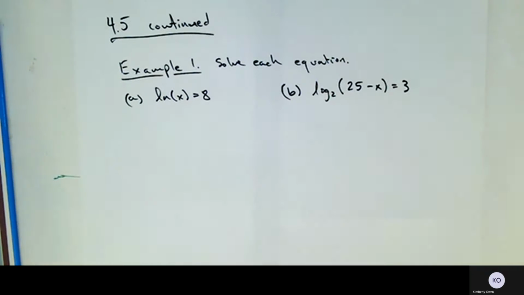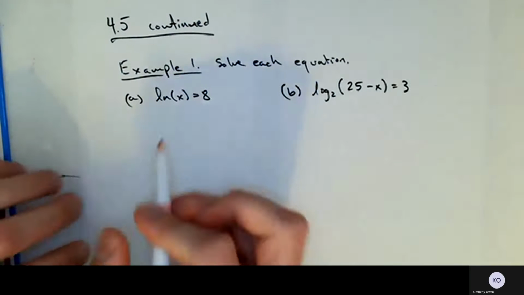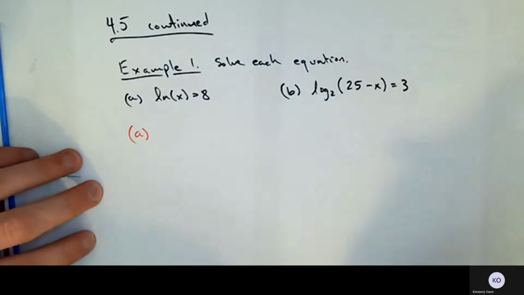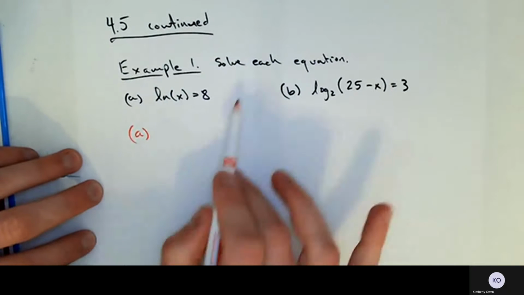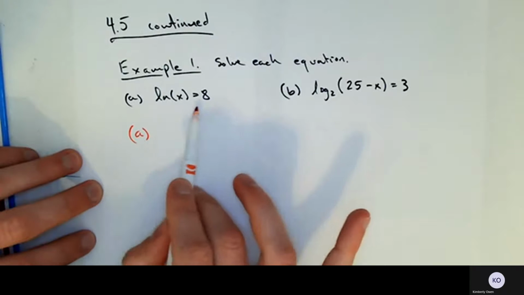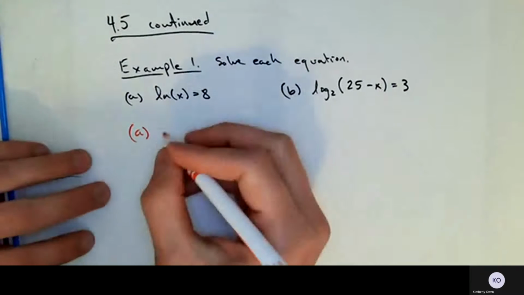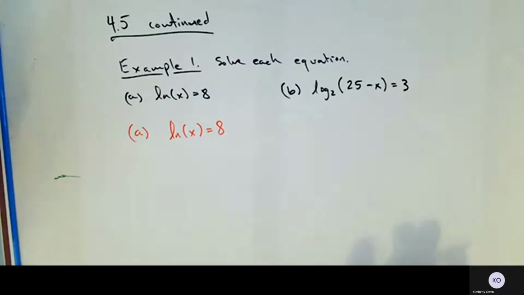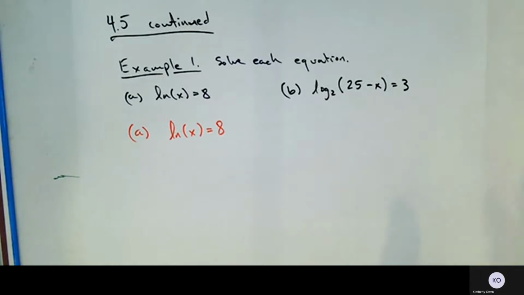Okay, so the idea is when you're solving a log equation, first get anything that's attached to the log operation. So looking at part A, anything that's attached to it, get it off, basically. If there's anything added or subtracted to the outside of the log, move it over. If there's anything multiplied or divided onto the log, scoot it over. In this case, nothing is there. We just have the log. It's all by itself. So what I do to cancel out the log is I stick an exponential in there